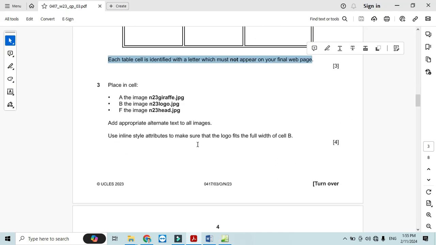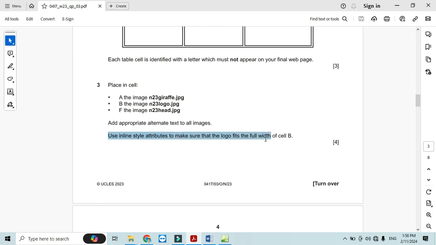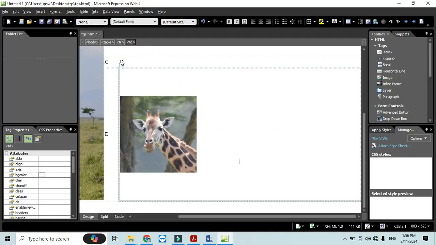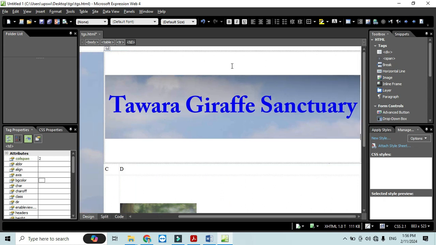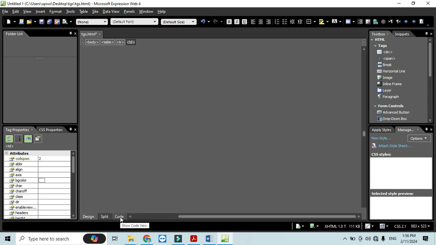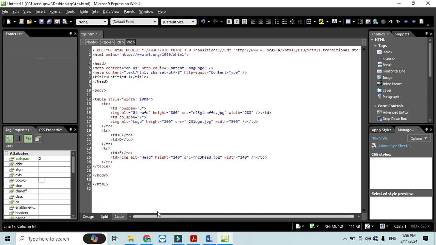Now use an inline style sheet attribute to make sure that the logo fits the full width of cell B. So only the logo. Click in this cell, then go to code, and in this cell you should not use this height and width, and just simply say that